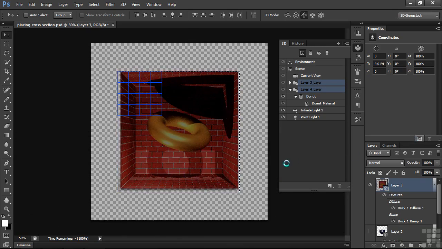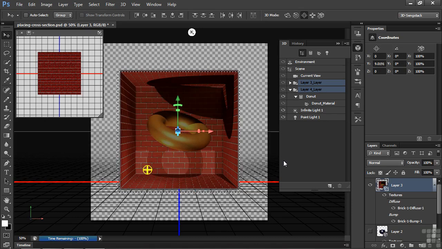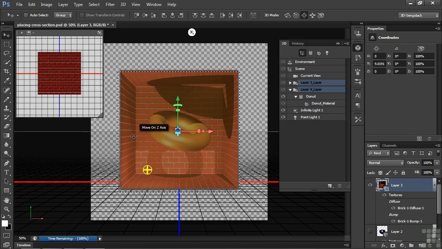That looks pretty cool. So you can put things inside 3D objects using the cross-section, just as long as the object you're placing inside the 3D object is on the other side of the cross-section, so you're not slicing it off as well. All right, let's try sort of a practical approach to this by trying to put the hat